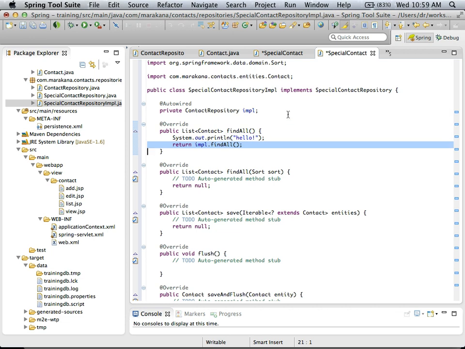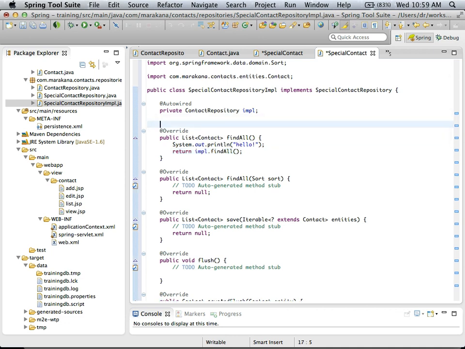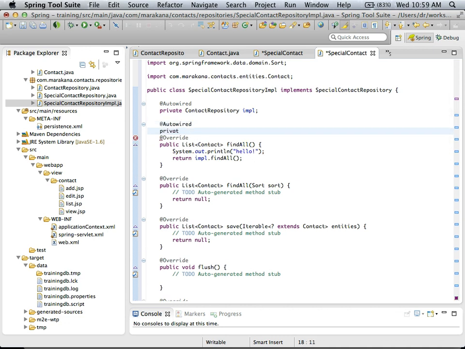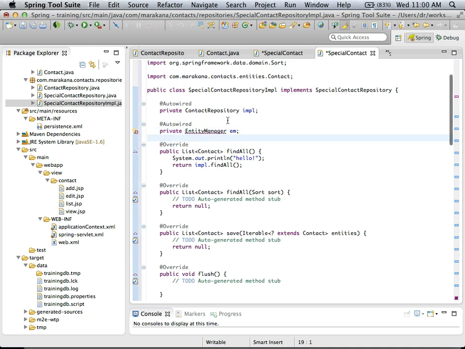So what would you do if you wanted an entity manager? I'm giving you the hypothetical question here. If I wanted an entity manager injected so that I could use it directly, what would I do? Yeah, auto-wire it. How do I know that it's going to work? Yes. Yeah. So this entity manager